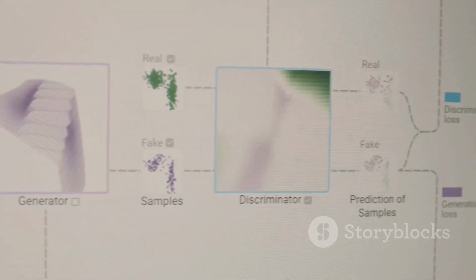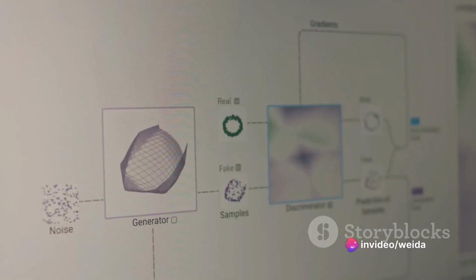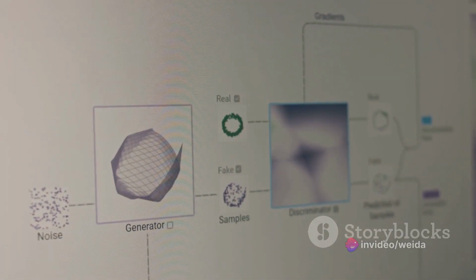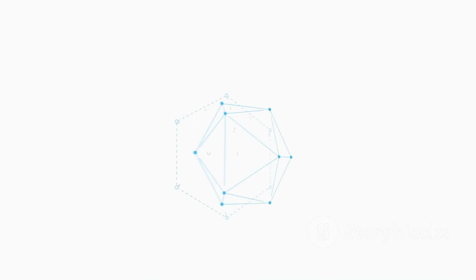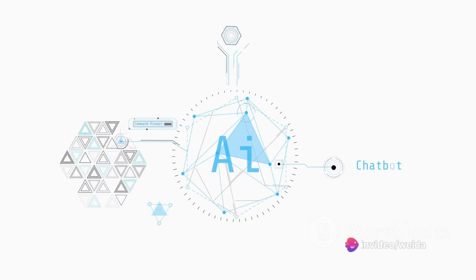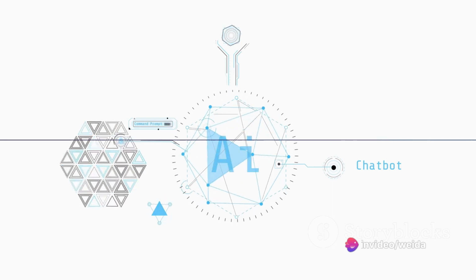The generator's role was to create new data, while the discriminator was responsible for assessing the authenticity of this data. This competitive dynamic compelled the system to constantly enhance its performance to a point where the artificial data created was nearly indistinguishable from real data. This marked the dawn of GANs, setting in motion a rapid evolution in the field of machine learning.